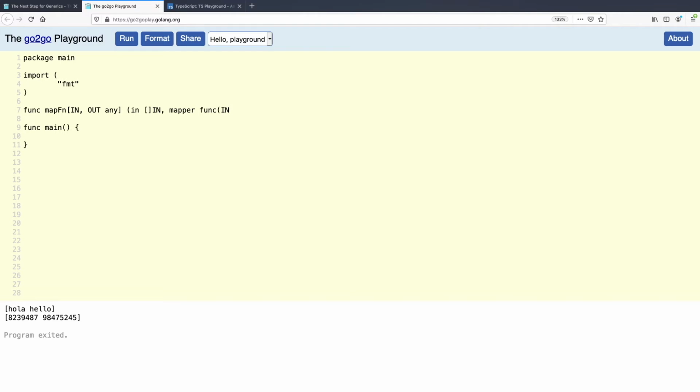So we take this array of inputs of type in, and we accept this mapper function, which takes an individual in type and the integer. It could take the integer as the index in the array as well, but we don't need to worry about that for now. Well, let's do that just so that we can demonstrate it. And it would return a value of type out, type output. And then we know the return type can be strictly typed as an array of these outputs.